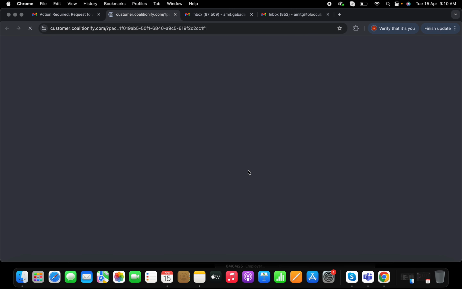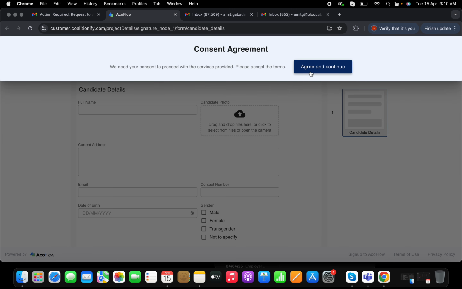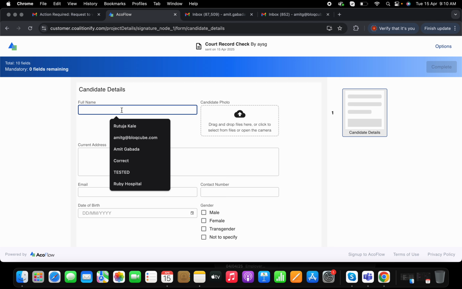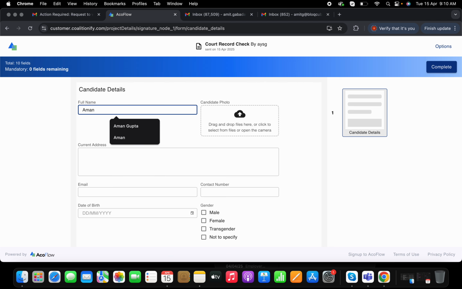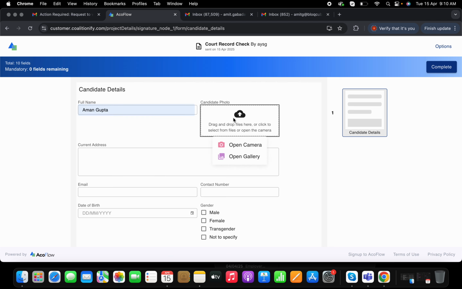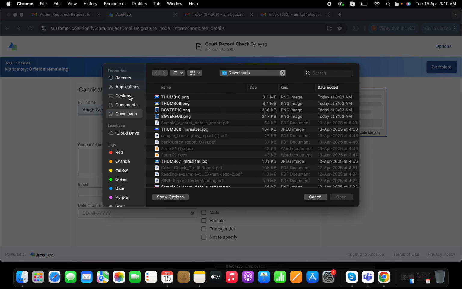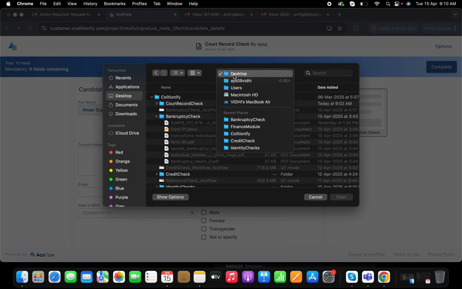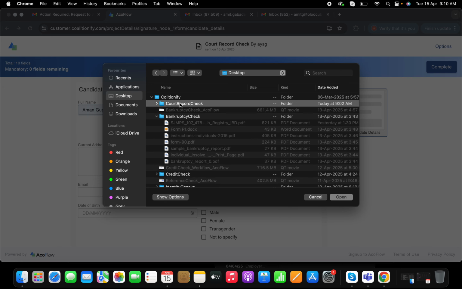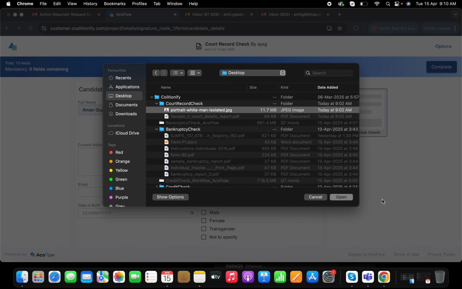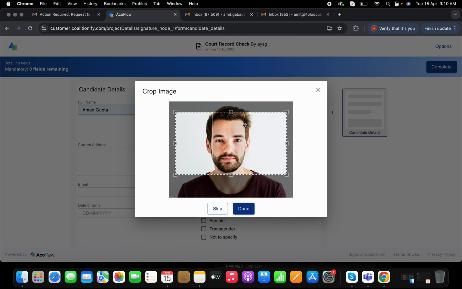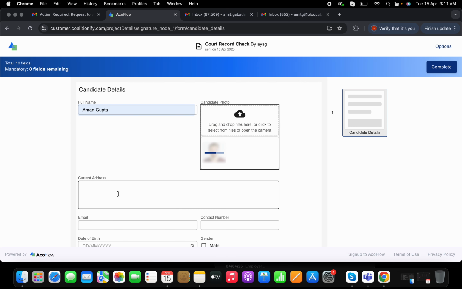So I will click on complete job. I will click provide my consent. I will provide the name of the candidate. I will attach some photo if I have available with me. So I attach his photo. I will provide his address,